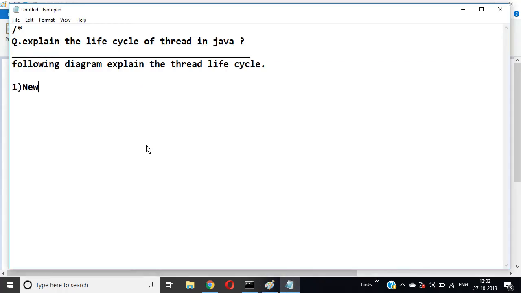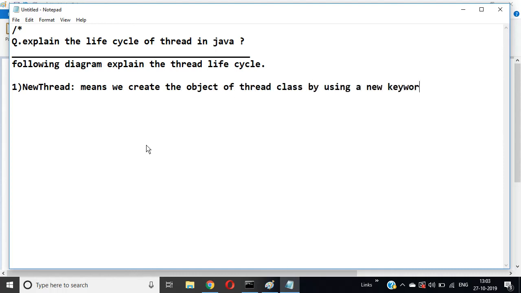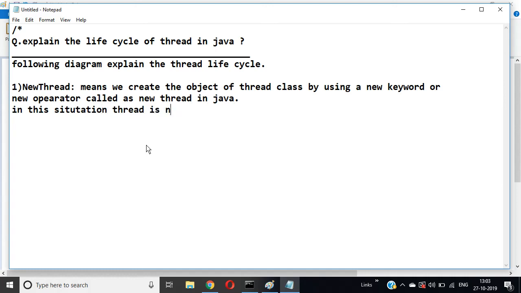First step, new thread. It means when we create the object of a thread class by using the new keyword or new operator, it is called a new thread in Java. In this situation, the thread is not live but internally created in a program. Example, suppose I have a class A extends Thread. If I write A a1 = new A(), we can see it is a new